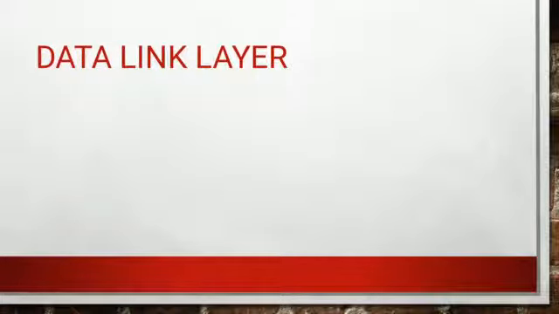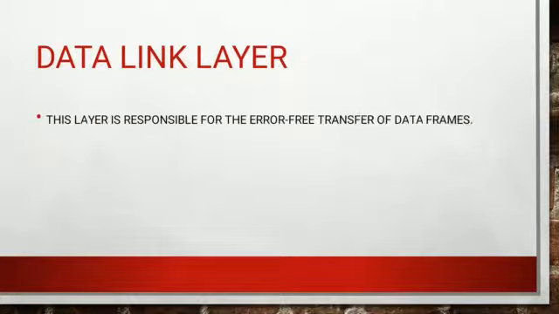Now coming to the second layer from the bottom, that is called the data link layer. So what is this data link layer? This layer is responsible for the error-free transmission of the data frames. While transmitting the data, the receiver should get error-free data. While transmission, we have two different channels: one is a noisy channel, another one is a noiseless channel. Noiseless means no disturbance is there. Noisy means some disturbance, some cross connections are there. Whenever any cross connection or disturbance or noisy channel is there, definitely errors will occur.